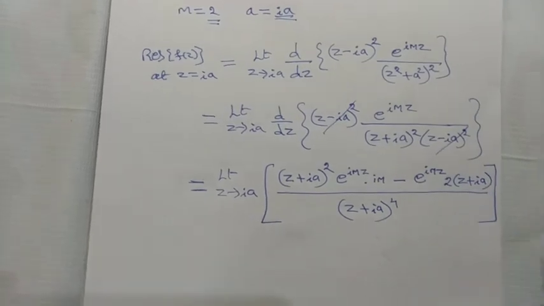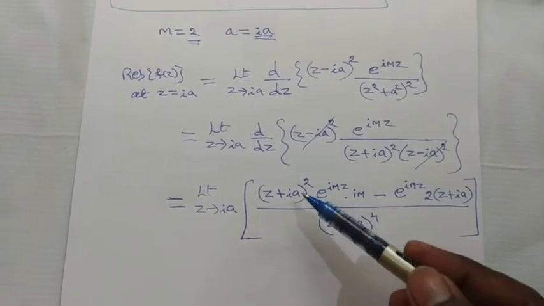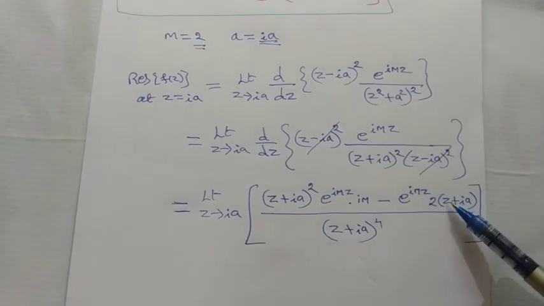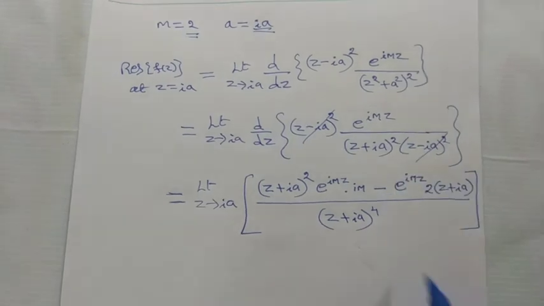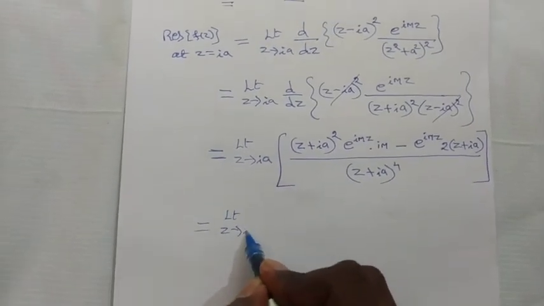So this is the differential of u by v: v du minus u dv by v square. Okay, now after this limit z tends to ia,